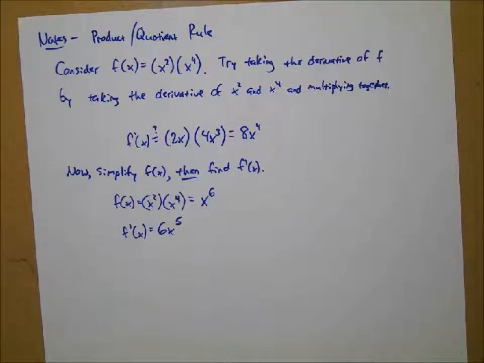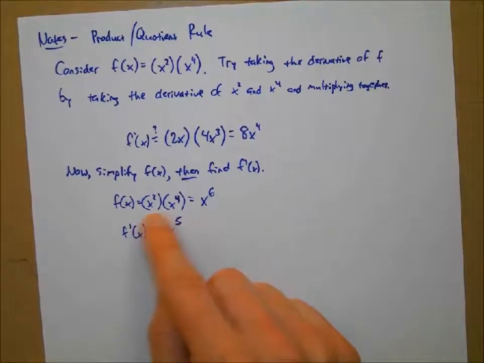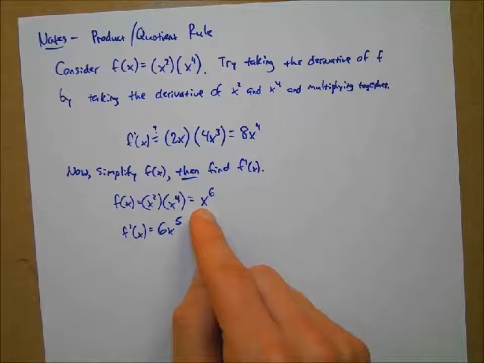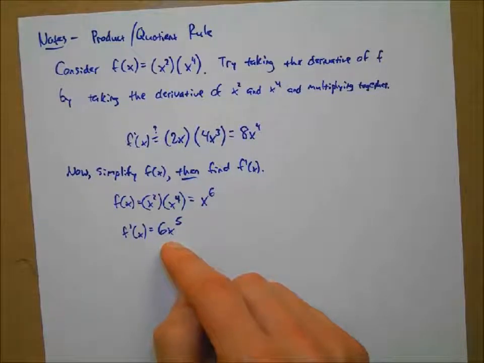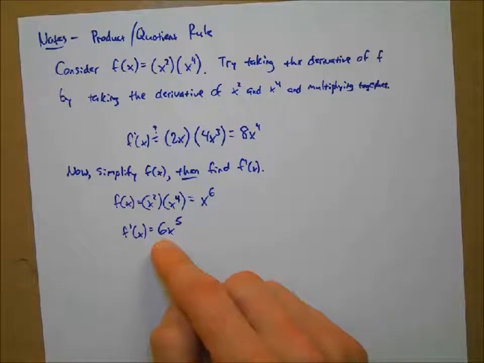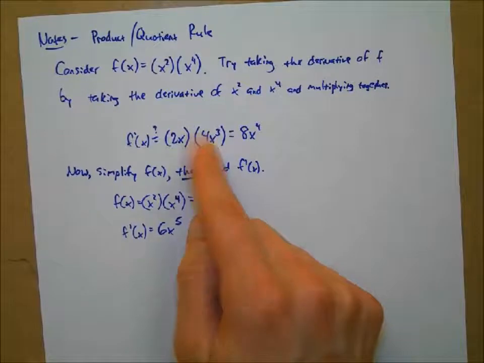Yeah, it doesn't work, right? Which one's right? First one or the second one? Second one, right? Because in the second one, we did stuff we know we can do. We know we can multiply x squared times x to the fourth and get x to the sixth. And then we can take the derivative of x to the sixth, no problem, get 6x to the fifth, right? So this should be right. It's the first one where we were not so certain about, taking the individual derivatives